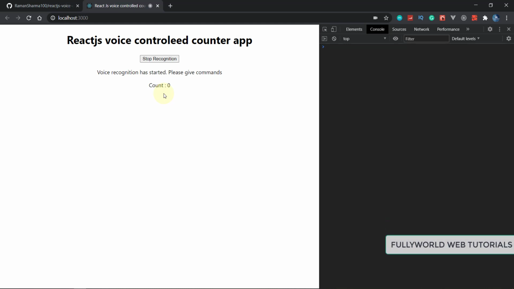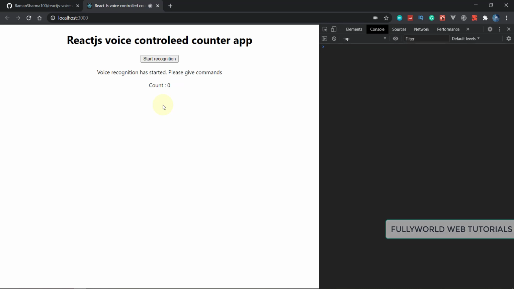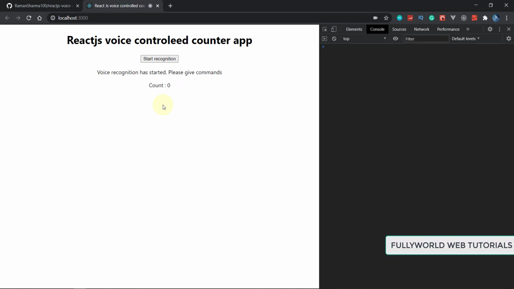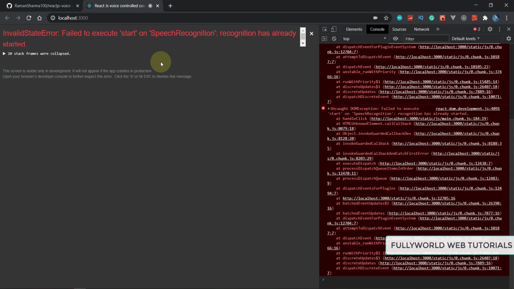So when I click here stop recognition, say the voice recognition stopped, that becomes false. Recognition stop state becomes false. But on end we wrote recognition dot start. So our voice recognition started again. Whenever we click on start recognition, it will give us an error that voice recognition has already started. Now how can we handle this error?